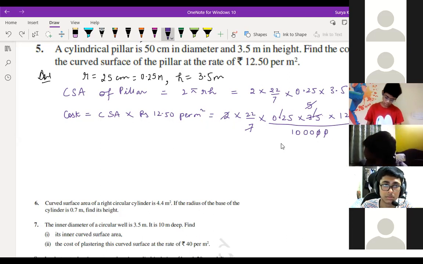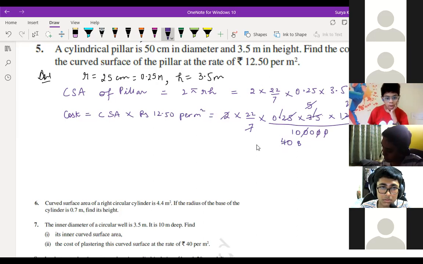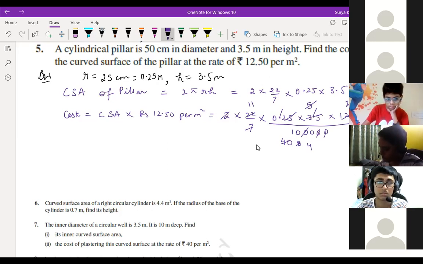Now we are cancelling this 0 0. 0 and 0 will get cancelled. 5 2s are 10 and this 0 will get cancelled. Now 25. 25 4s are 100. 40 will come. Correct? Till here are you having any doubt? No, sir. Now 25 5s are 125. No, this is not by 25. You should use the 5 table only. 25 5s are 125, 5 8s are 40. So now you can write here 2 4s are 8, 2 11s are 22. So 25 into 11 by 4 is coming, children.